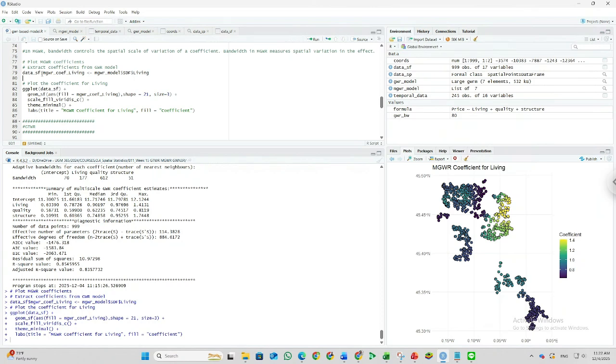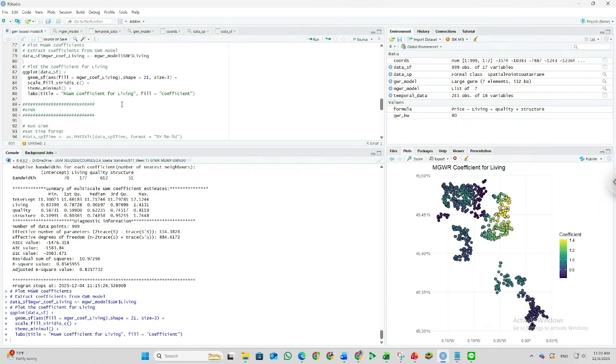Then you can plot and you can see the different coefficients for 3 independent variables, and you can see the different impact of the bandwidth in your result. And you can analyze why the quality has the high impact on the host price, but the structure just has the small bandwidth.